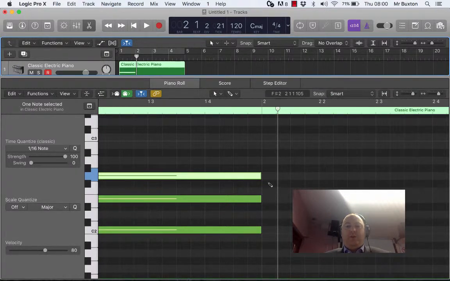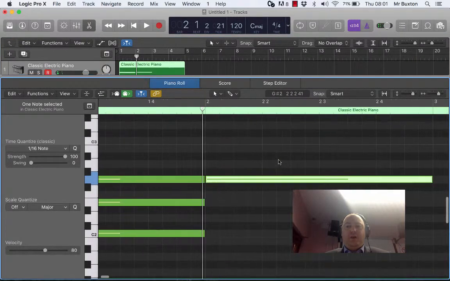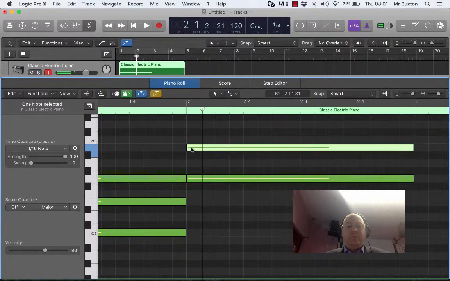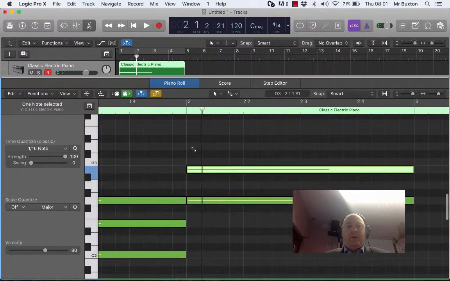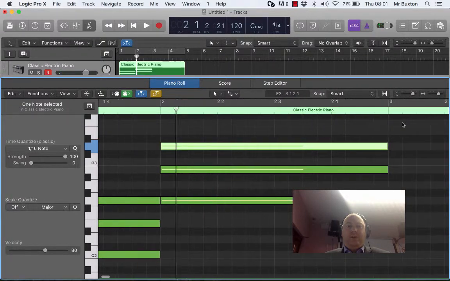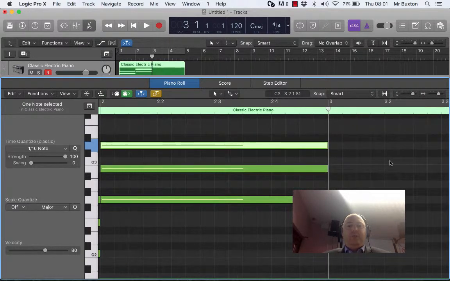So I go G, make sure it's gone to the right length, which it has. A B, so you can press on one of them here if you want to. Or a D there. Now a couple of the other ways that we can do this is we can actually do what is called a step input. So if I click on bar 3 here,